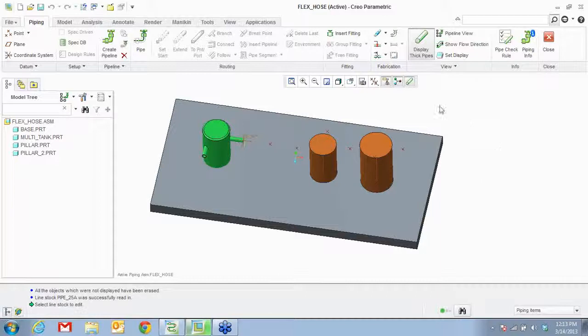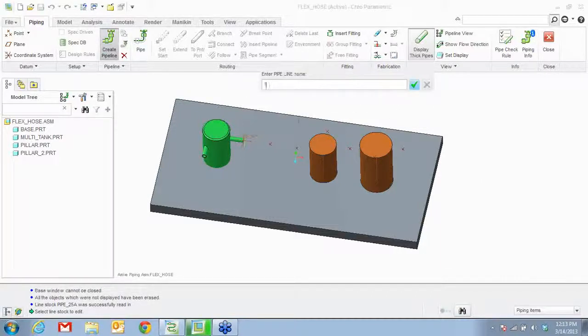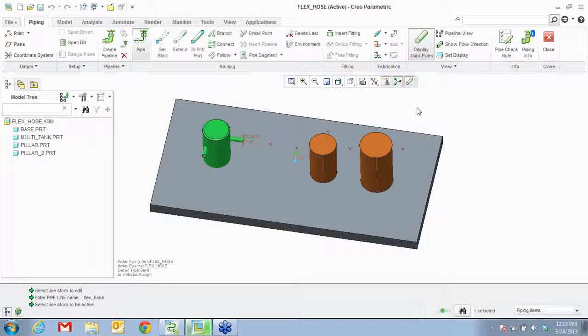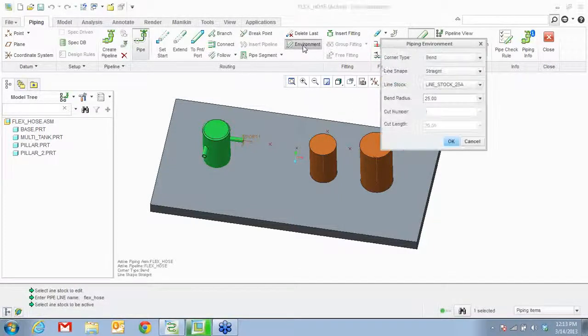Now by default it is going to be straight. So when you create a pipeline, say flex hose and pick a line stock, you can go to the environment and say I want this to be flexible with a set amount of length or flexible with free length.